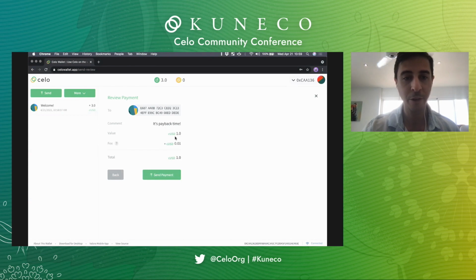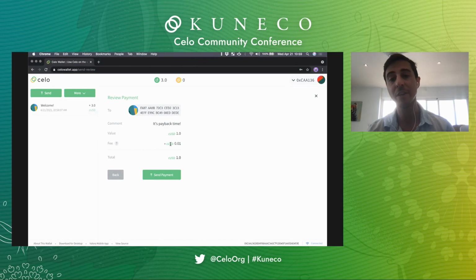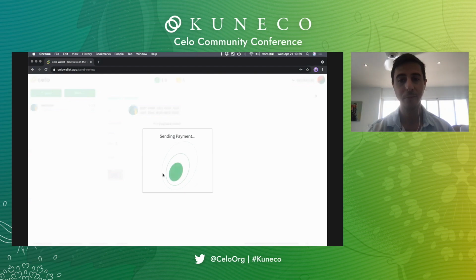If everything looks good. One thing to call out that is unique to Celo, and I think is really cool, you'll see that the fee is in cUSD, so not Celo. Something that's unique to the Celo network is that you can pay for transactions in the stable currencies, not just in the native currency of Celo. So that means you never have to handle any native currency. You could just handle the stable currencies and still do all the things you want to do. Payments going out.